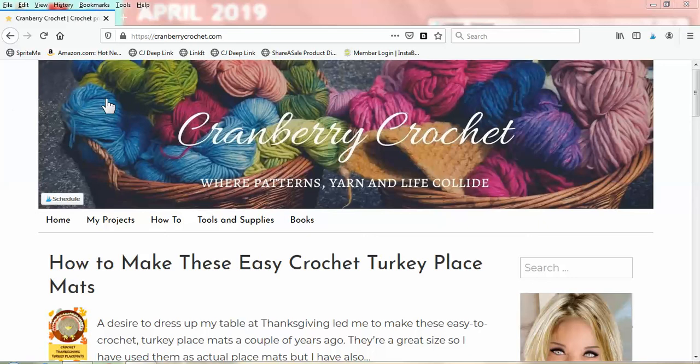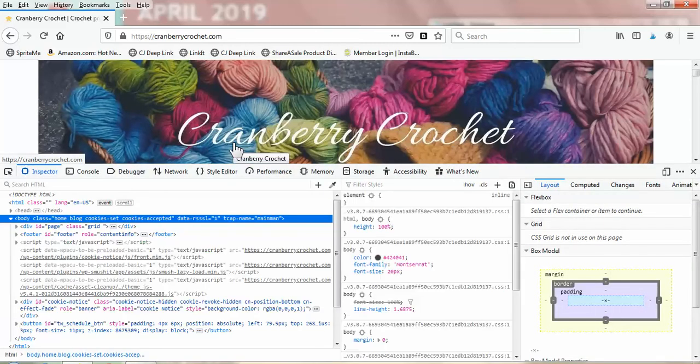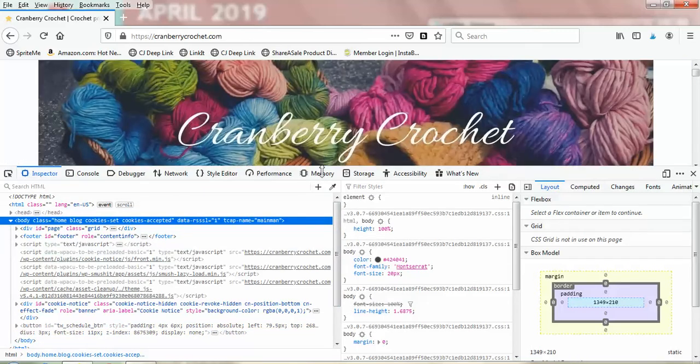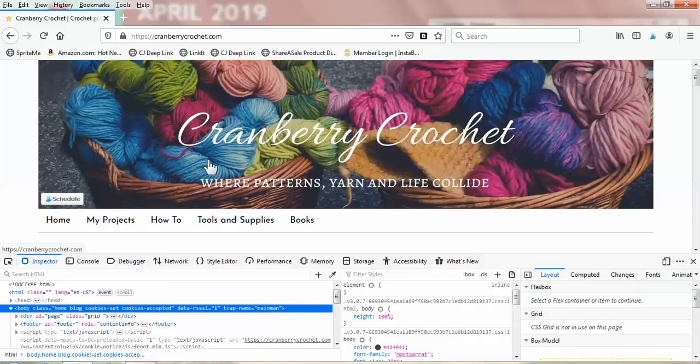I'm on Firefox, and I'm going to right-click on some blank space. I'm going to open the Inspect Element tab, and that's going to bring up this Inspect Element tool. It's actually like the developer tool in Firefox. You might have to shrink it to find the part of your site you want to look at, but suppose